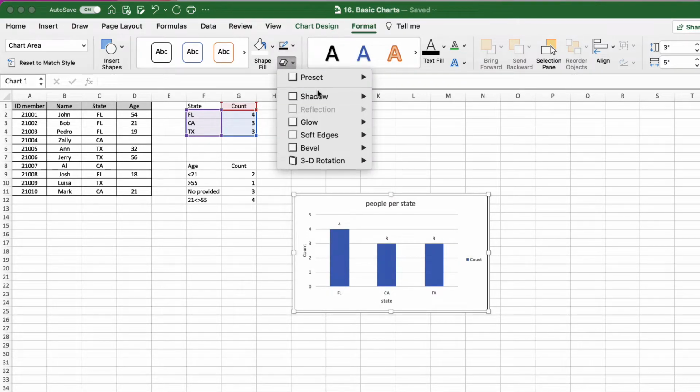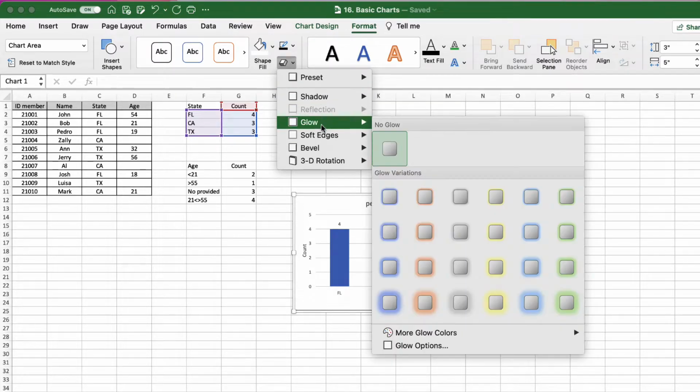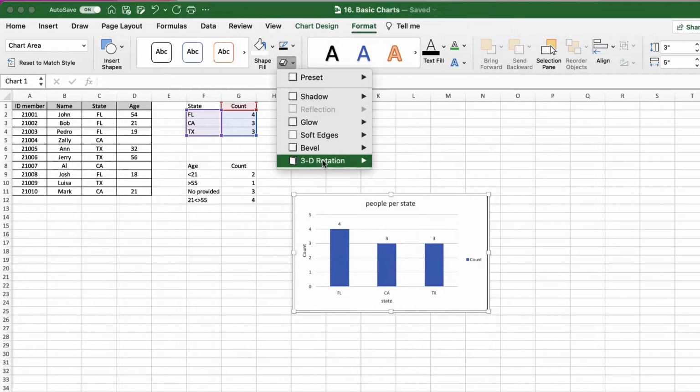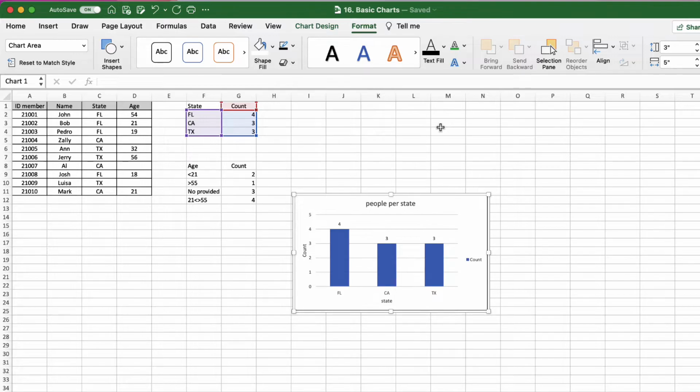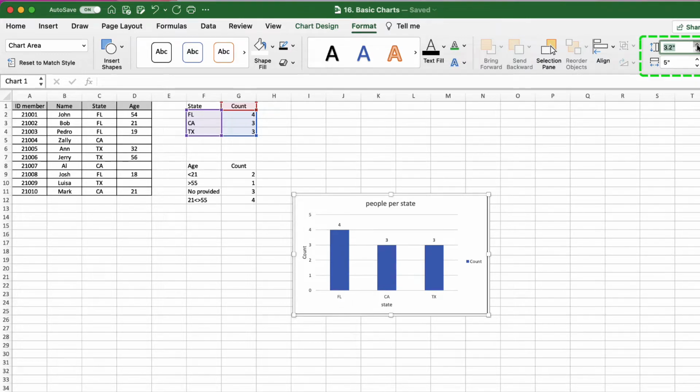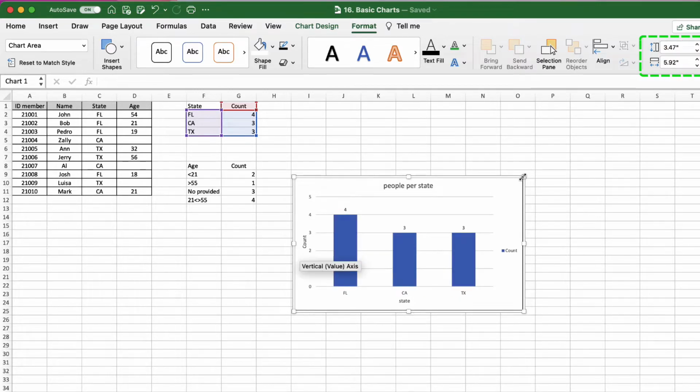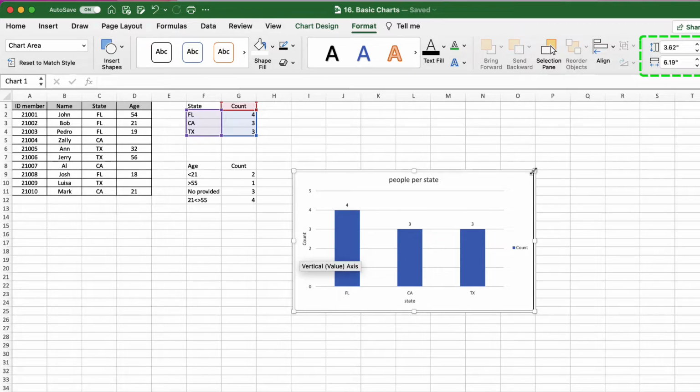We can also add effects to the chart like shadow, glow, and other effects. We can change the font style as word art to add some style, fill color, and outline effects. We can change the size of the chart with this option, clicking the up and down, or we can change manually with the mouse, and here it will show the final size.